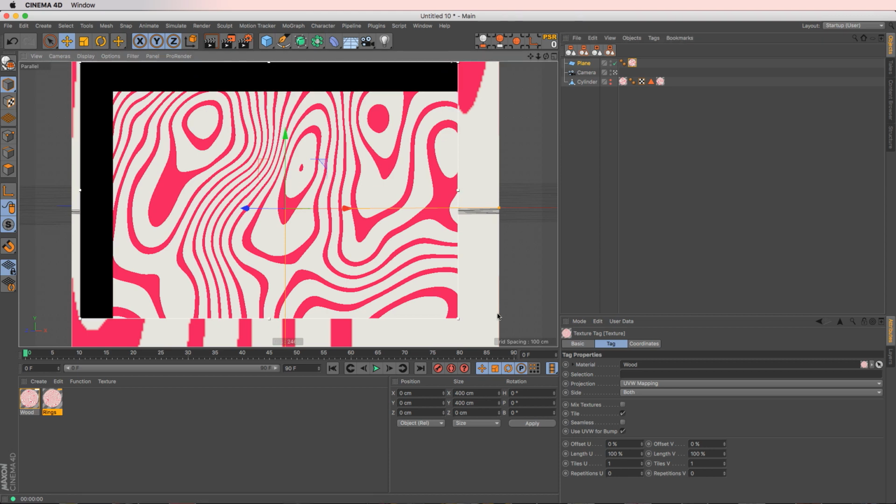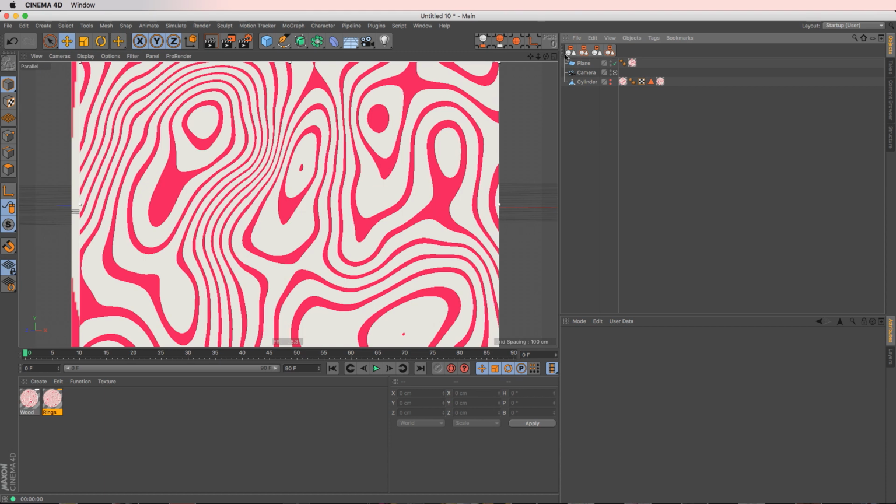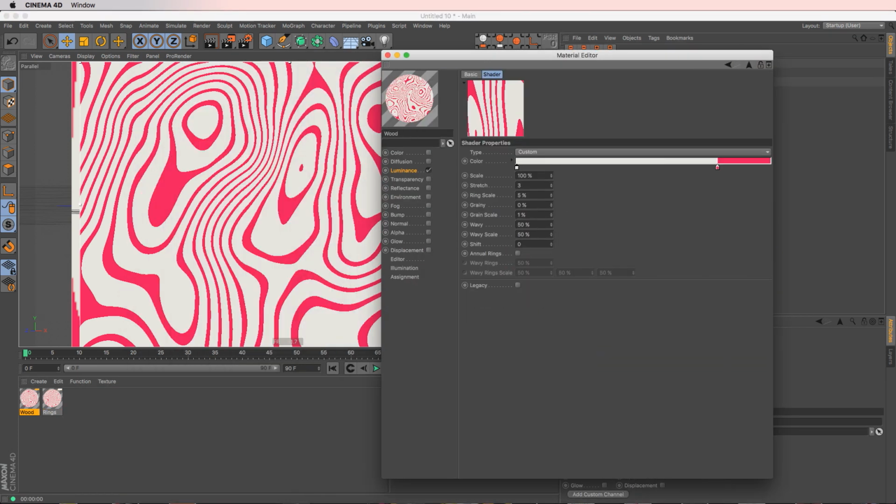And just make this interactive render region bigger here. What you can actually do is just apply a wood material to a plane, render this out, and use this as a pattern or a texture for use inside of After Effects. So, you can make patterns with this. And again, you can make a crap ton of patterns, which is the official word for a lot of patterns,